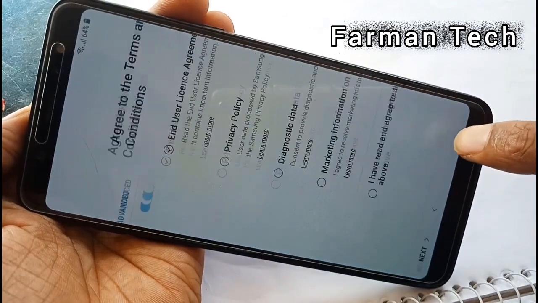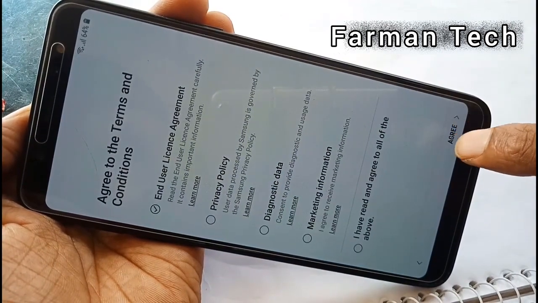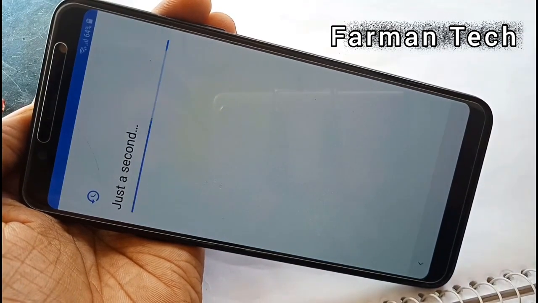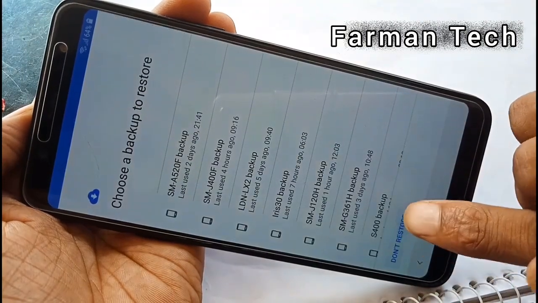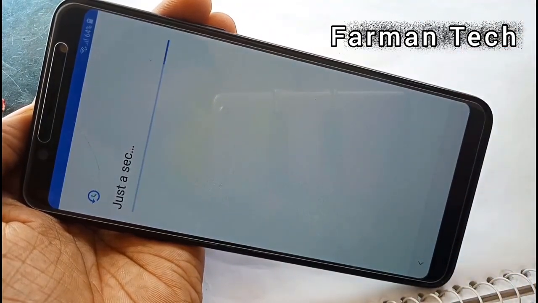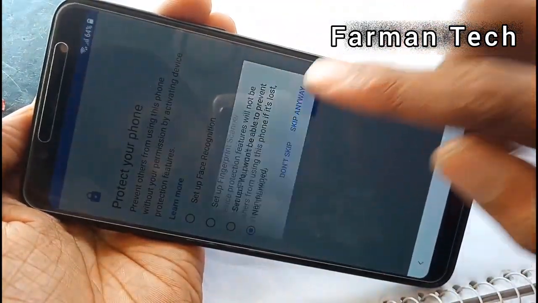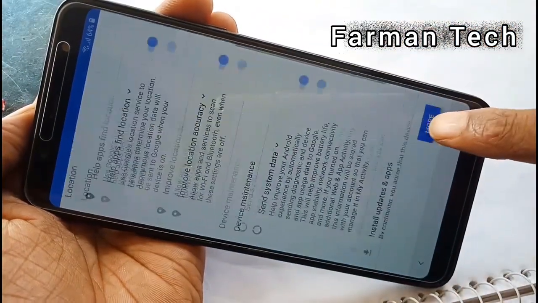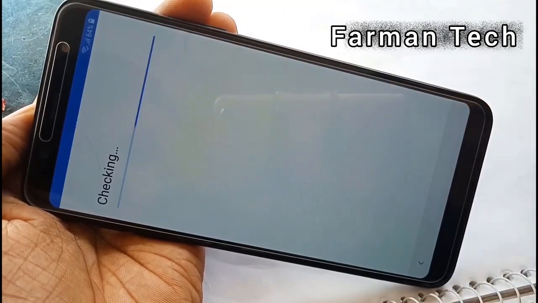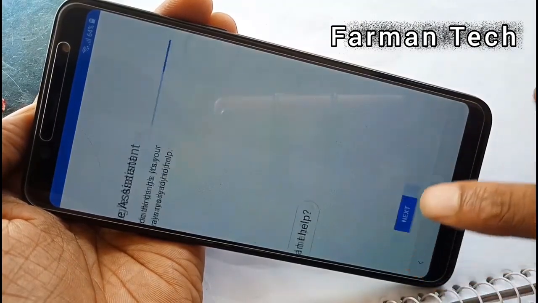Next, and agree. You can see here checking for update. Don't restore, just a second. No tick mark, no thank you, and skip anyway. More, and agree, checking, skip.